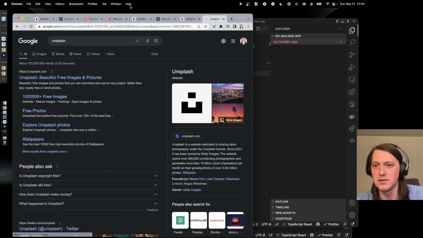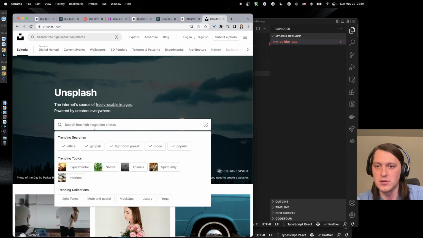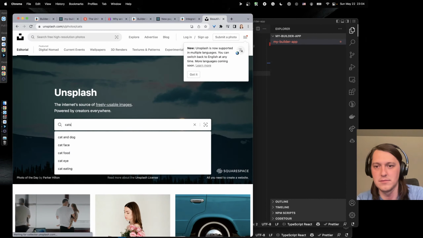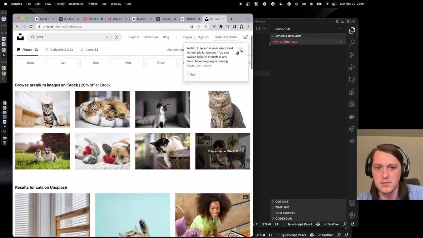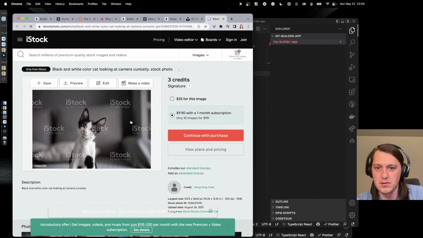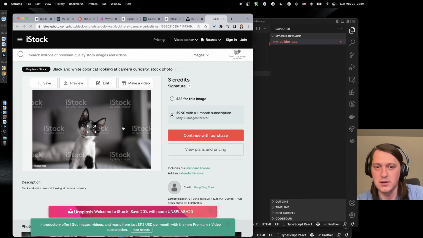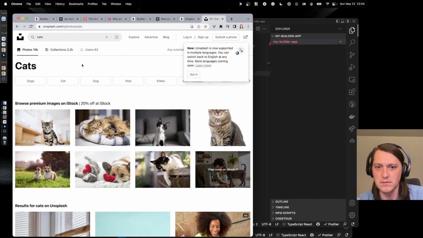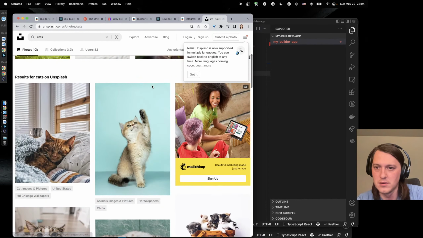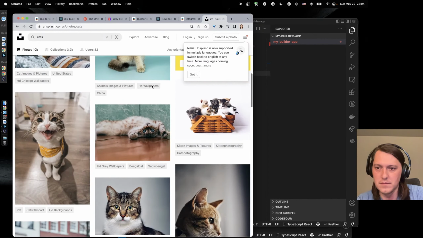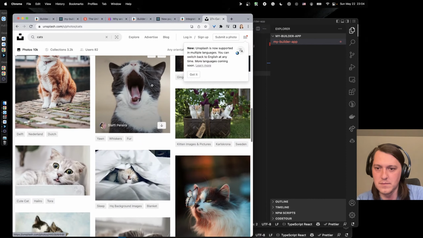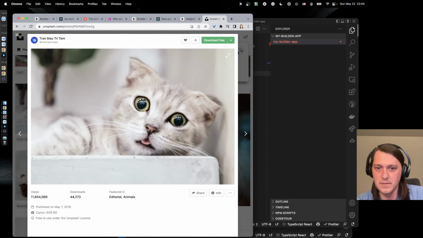I think it's beautiful free images, cats. This is a curious cat. Okay, it requires some kind of credits. Okay, this is good.